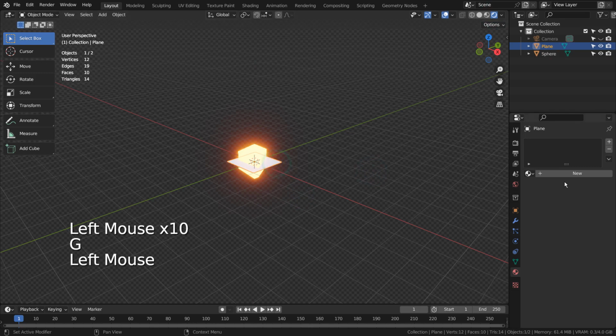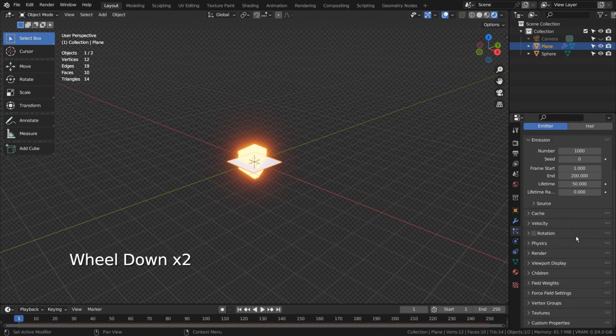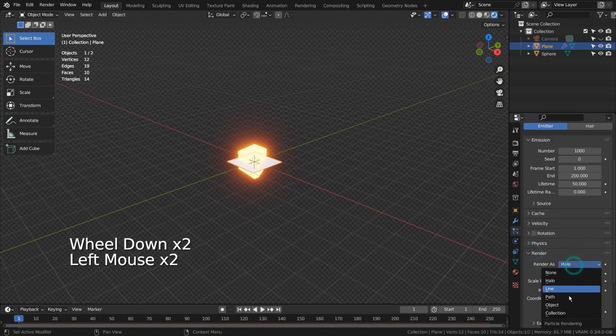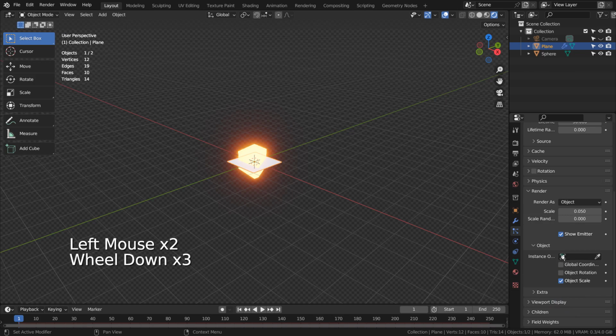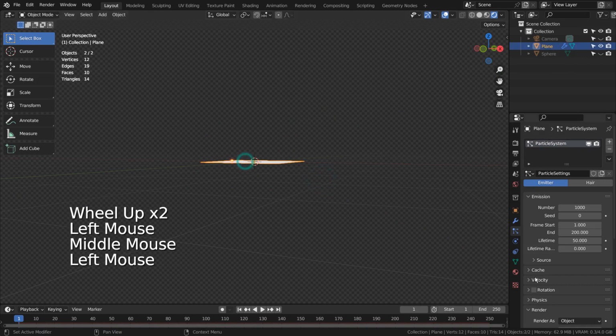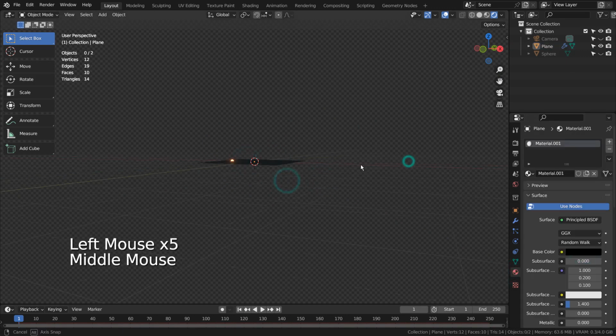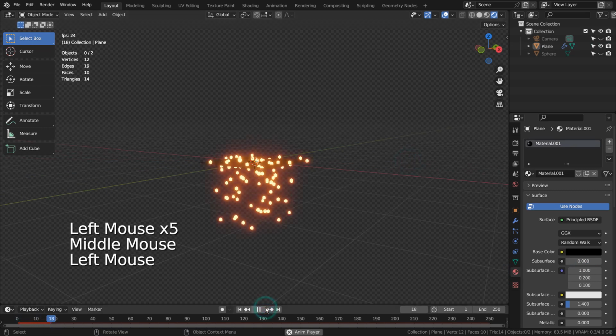Let's add some particles to the plane. This is the default particle scene.